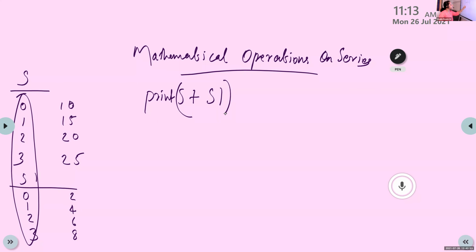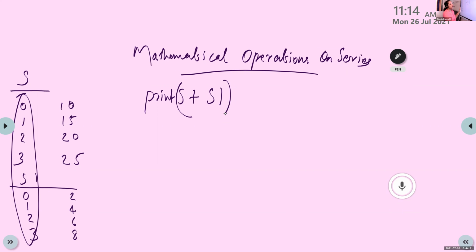If both the indexes are the same, then only you can perform the mathematical operation. We can do all the mathematical operations with the series, but before the operation, we need to check whether the index values of both the series are the same or not.